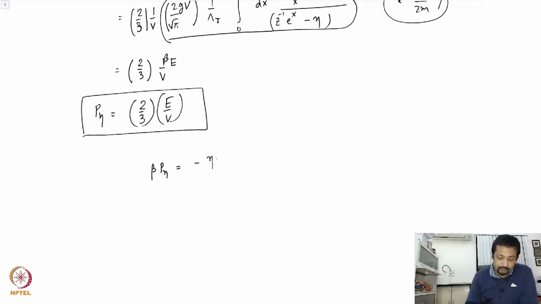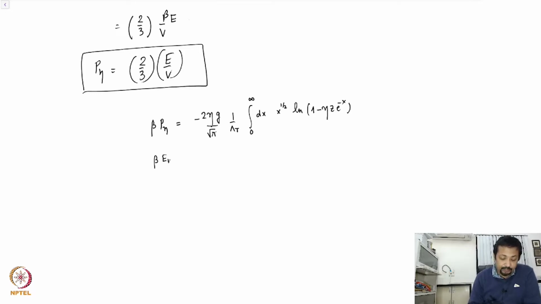eta g 2 eta g over square root pi 1 over lambda t integral 0 to infinity dx x to the power half ln 1 minus eta z e to the power minus x